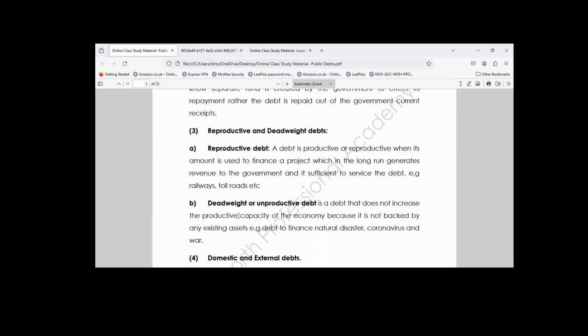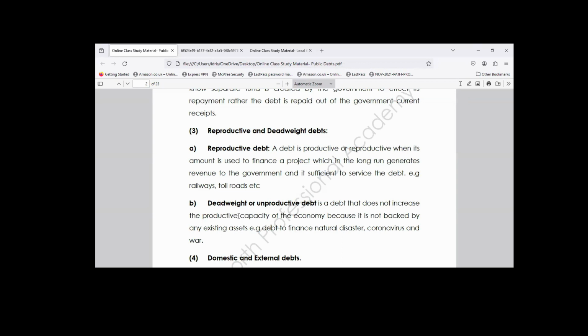Government borrowed money to construct a road. After constructing a road, they put a gate. It's a revenue generating project. It's a reproductive debt. Government borrowed money to construct a modern international airport. If people want to board plane, they are not boarding plane for free. The airline paid money. It's a revenue generating project. So reproductive debt simply means a debt borrowed by government to finance a long-run revenue-generating project, and where its